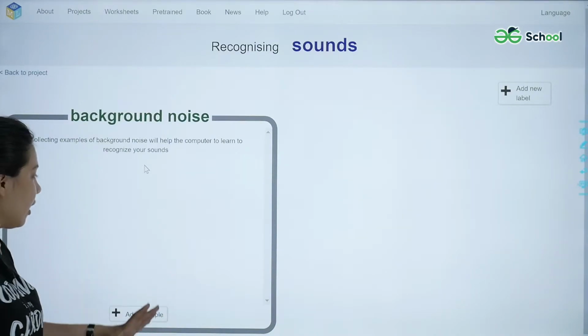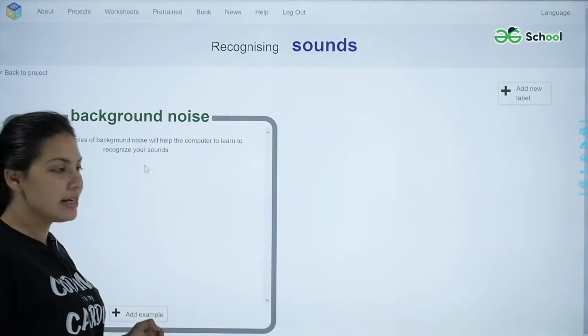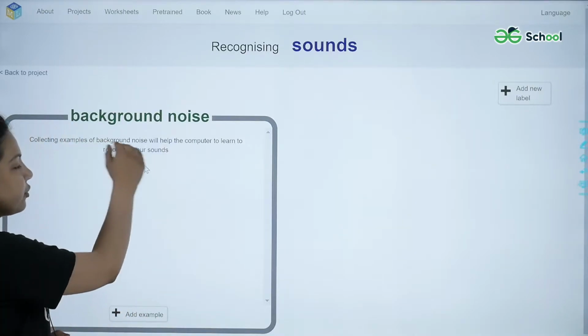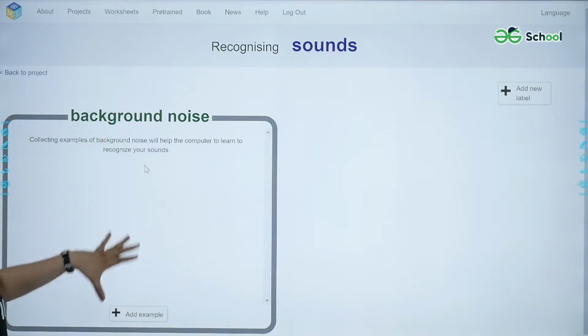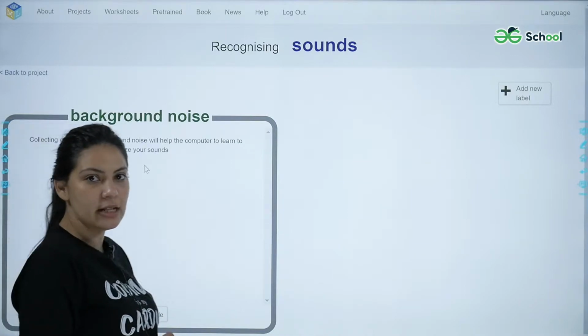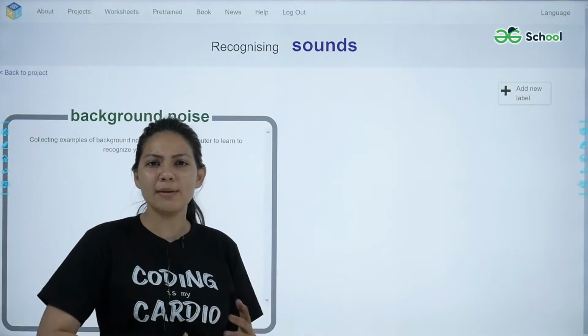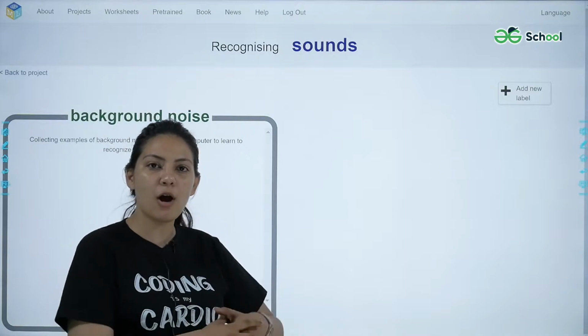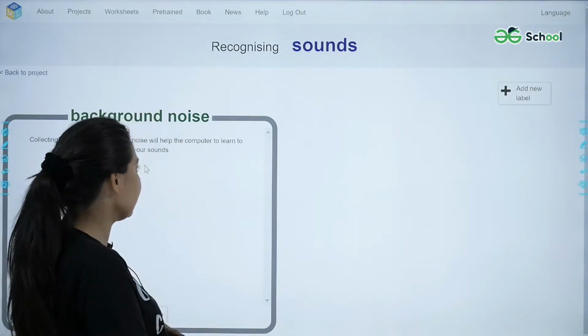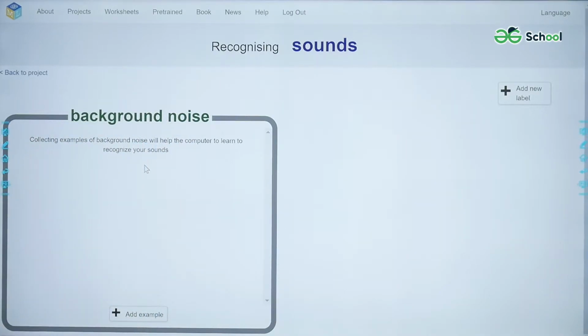Now you can see a label bucket is already appearing here, that is background noise. In this bucket I am going to add examples of background noises which can appear at the time when I am giving the alien the commands. So let us add the background noises.